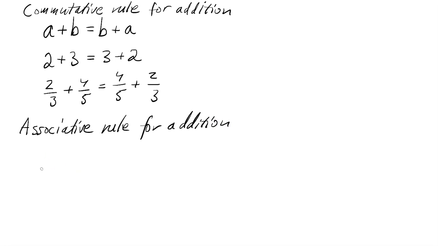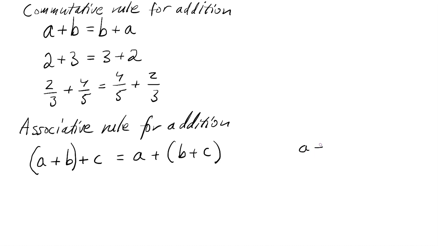And that says that if you have three numbers, A, B, and C, it doesn't matter if we add the two first numbers first, or the two last numbers first. So in both cases we get the same number. So therefore we don't have to write out parentheses. We can just write A plus B plus C, because it doesn't matter where we put the parentheses, here or